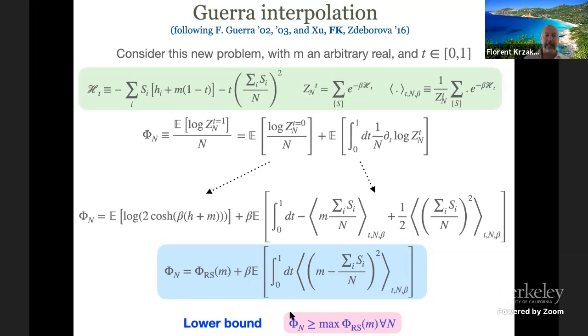Okay, and that's typically what was obtained by Francesco Guerra in the early 2000s, even though he did it for much more complicated problems. And so did we with Jennings, but here you can see it in a few lines, and I think it's an interesting example. So getting a lower bound is rather easy.